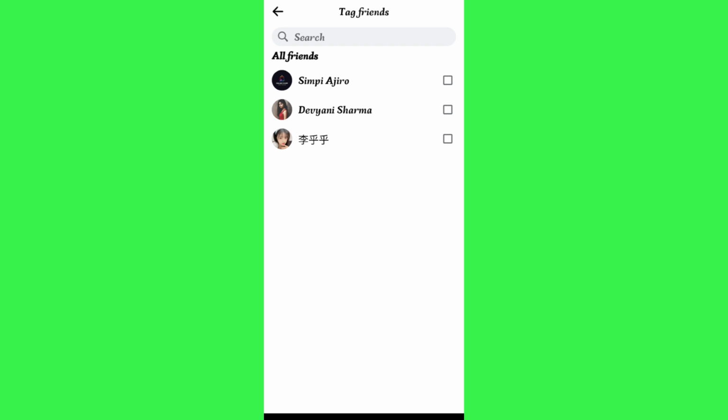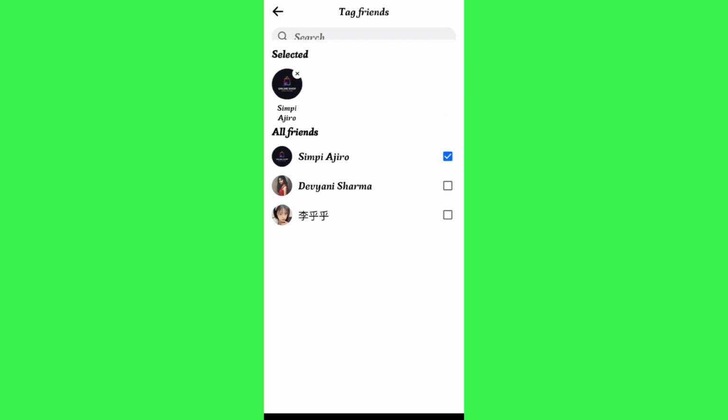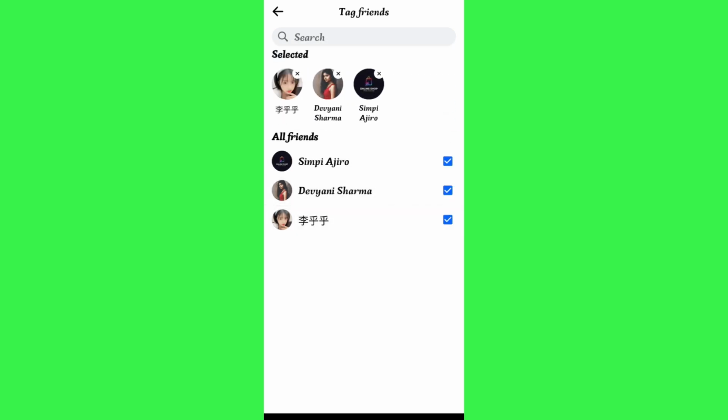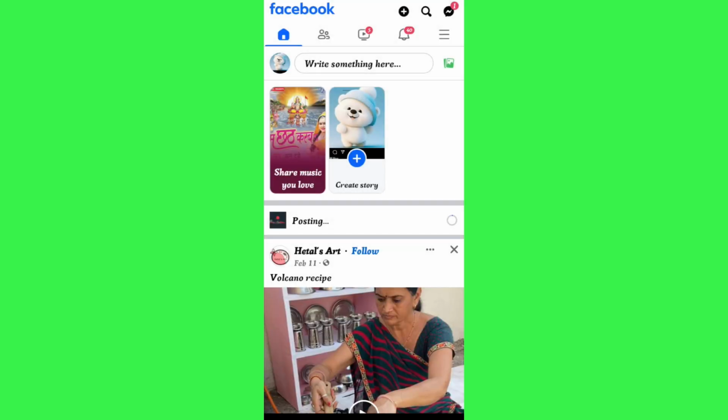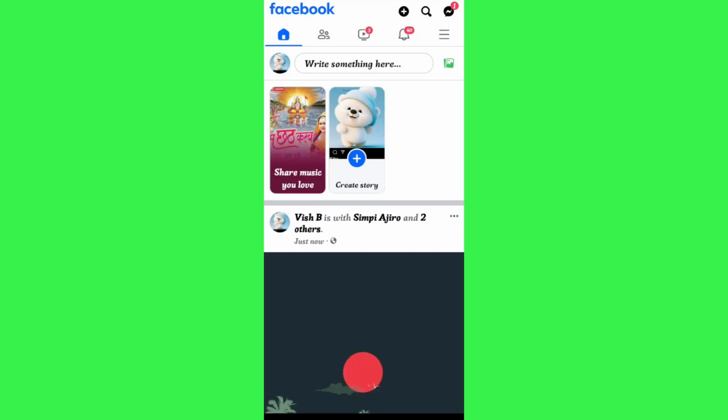your friends. So over here you need to select all of your friends that you want to tag on your picture. After selecting them, you just have to come back, and then you need to tap on the save button in the top right hand corner of the screen. Once you do this, you will notice that now you have tagged your friends on your Facebook post after the